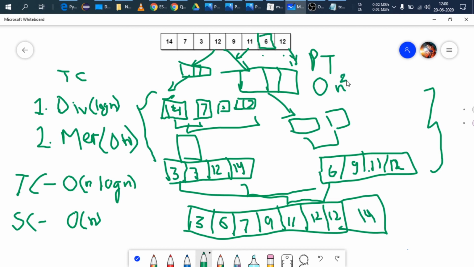So this is a condition that we must take care of while using quicksort. It could lead to an unbalanced array, and an unbalanced array could further lead to a running time of order of n square. But in case of merge sort, the complexity would always be n log n. Why? Because in merge sort, the division and the merging take linear time.